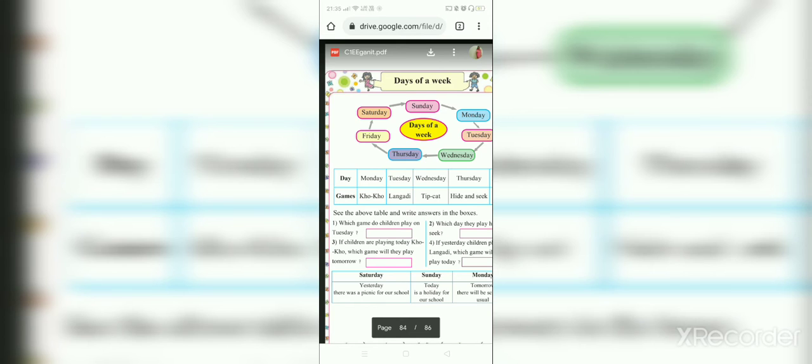So we'll go to the next lesson. We'll learn something different today. Days of the week. Very interesting. So how many days make a week? Everybody knows this question. We have learned this lesson in senior KG. You must be knowing Jenny teacher used to teach you all how many days make a week. Then you should tell 7 days make a week. So we'll say now 7 days: Sunday, Monday, Tuesday, Wednesday, Thursday, Friday, Saturday, Sunday. So how many became? 7 became.